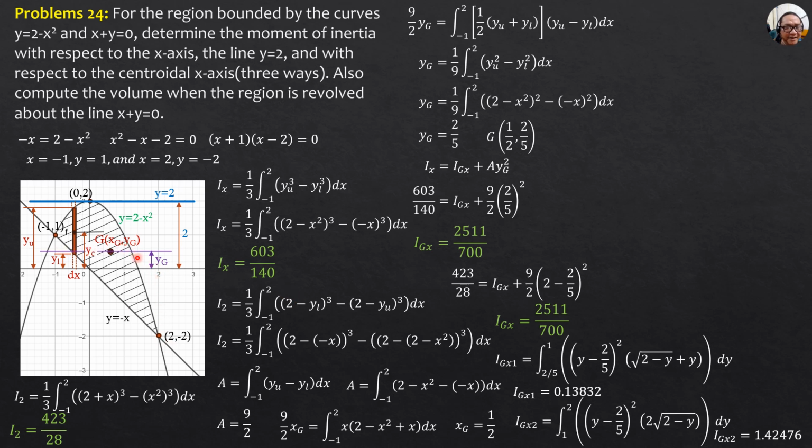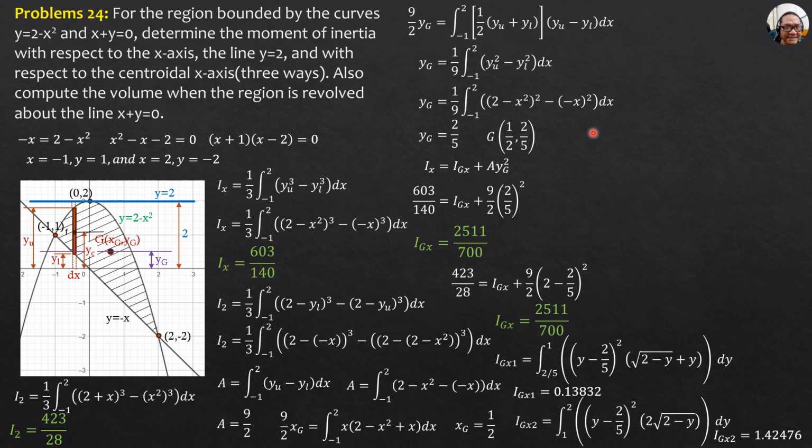We cannot, by the way, have one integral because we have different situations here. The area of the portion of the region is bounded by, for some, parabola and line. Then we have parabola and line again. And for this area here, it is also bounded by this centroidal axis through the centroid of area.